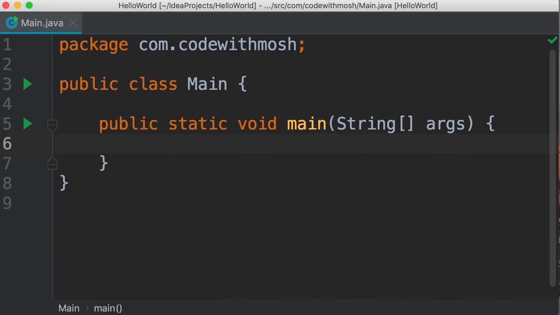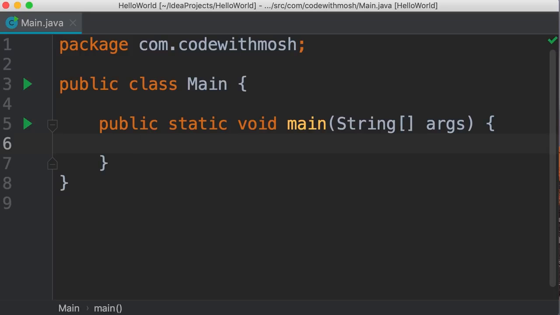So, you've learned a little bit about the differences between the primitive and reference types. You know that we use primitive types for storing simple values and reference types for storing complex objects. But there is a very important difference between these two categories of types in terms of memory management. And that's what we're going to talk about in this tutorial.